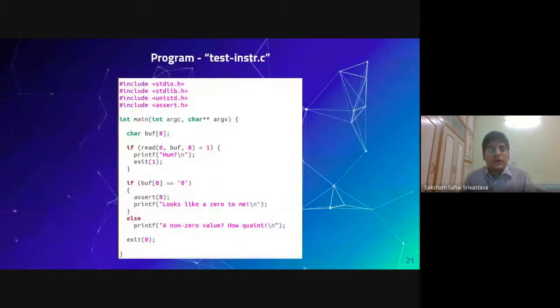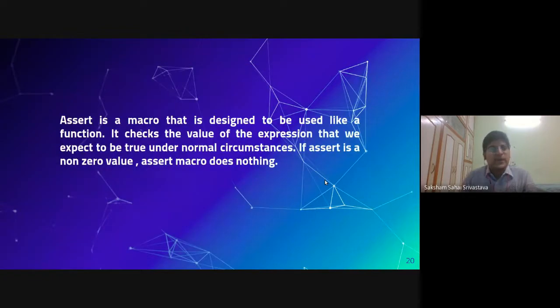Basically, this is a program, test.instruct.c. If you just download AFL, this program will already be present over there. The only thing is that I have made a bit of change to this program: I have added this assert. So what is assert?